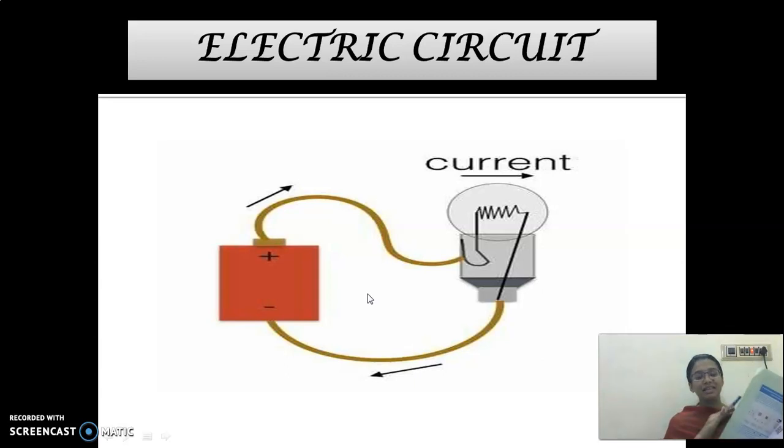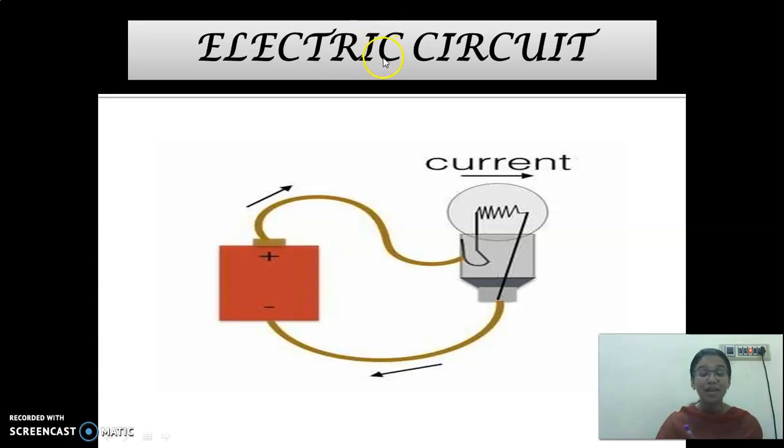The work is that they have given 6 different types of circuits. In a few cases the bulb will glow and in a few cases the bulb may not glow. You have to find that and write the answers in the book itself. If the bulb glows, write the answer as yes. If the bulb does not glow, write your answer as no. Complete that. Okay? That is the first work I am giving you.